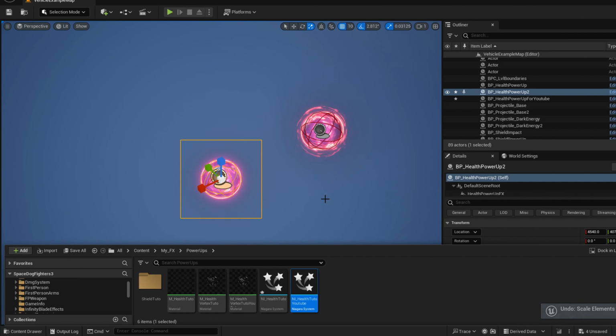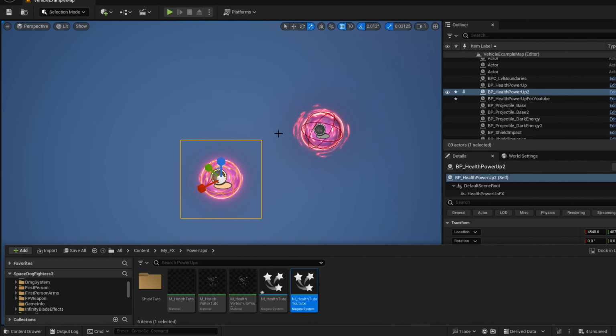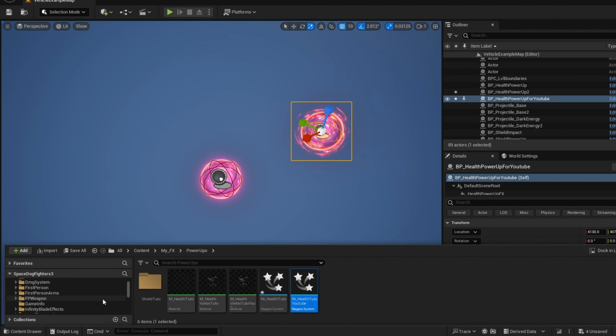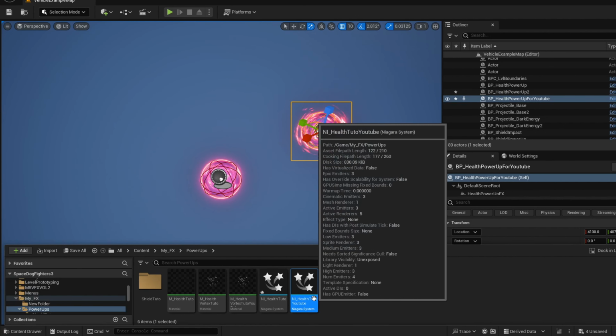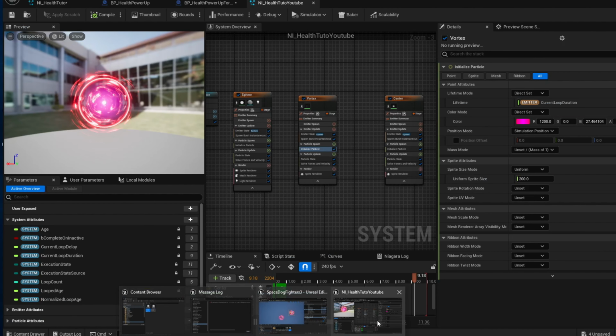So let's get started. The tutorial is based on the Energy Orb VFX UE5 Niagara tutorial from Unreal CG. I'm gonna provide the link in the description below. So first of all, do the first Energy Orb Niagara system, and after that, open your Niagara system. So you can go to your Niagara system. For me, it's this one. And if you open it, you should have something like